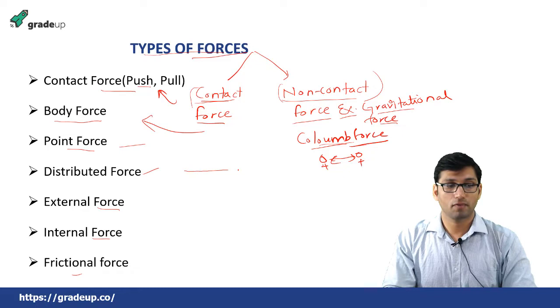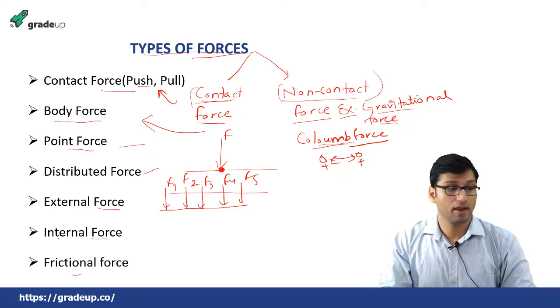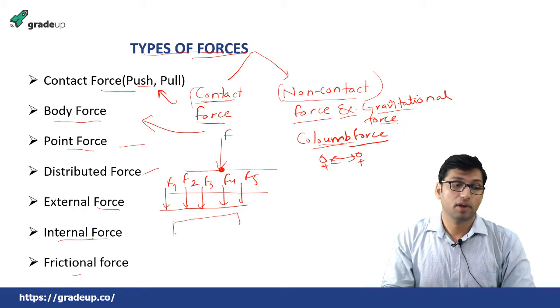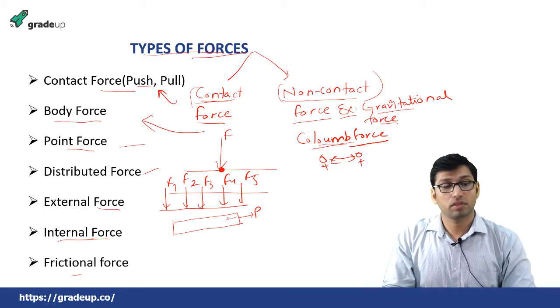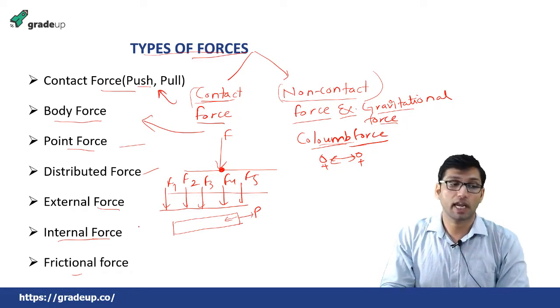Then point force. Suppose you are applying force at a particular point, then that force is called point force. And distributed force is when the forces are distributed over a surface: F1, F2, F3, F4, F5, then those forces are called distributed forces. Internal force is when the forces are acting inside the body. Suppose you are applying a force P. The forces which are generated inside the body due to this external force are called internal force,